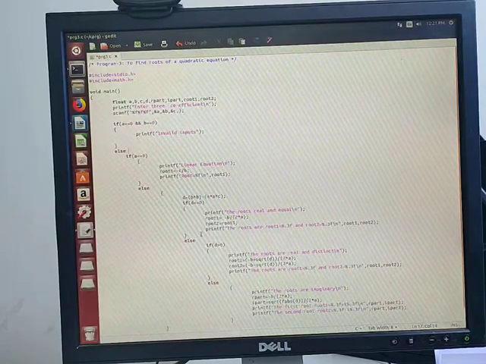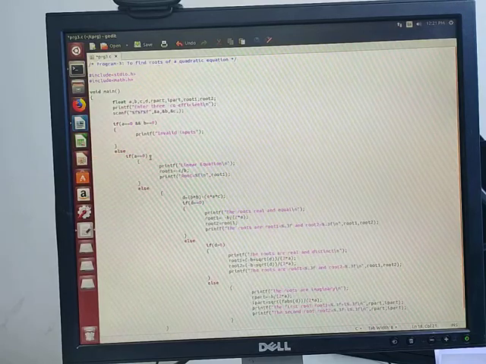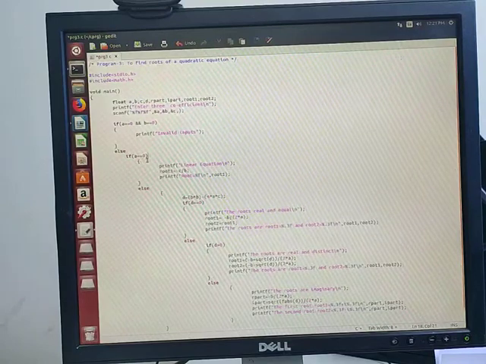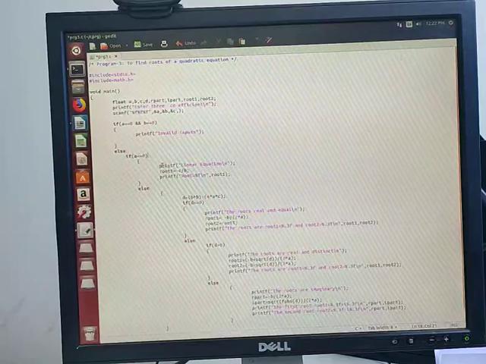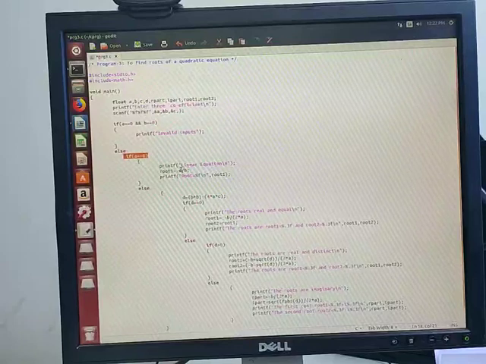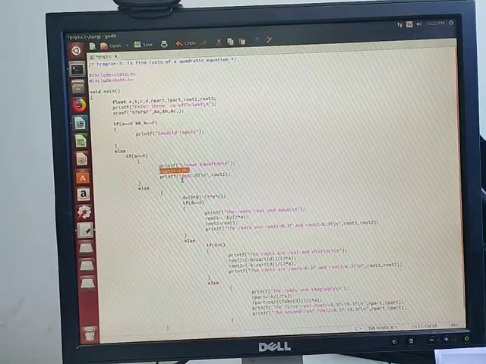Else, I have used else if structures here, that is an else if ladder in this particular program. Next, if a is equal to 0, what if? Out of these 3, if a is equal to 0 and b is equal to 0, and you have only one particular c, then it is invalid. If only a is equal to 0, the root is still possible, but it is a linear equation. Then root 1 is equal to minus c by b. This is the formula for the root of the linear equation.